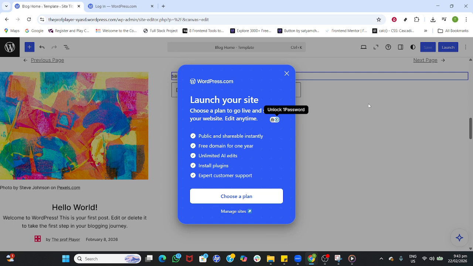If you're using a different block theme, the names may vary slightly, but the flow: open the template, insert a columns layout,